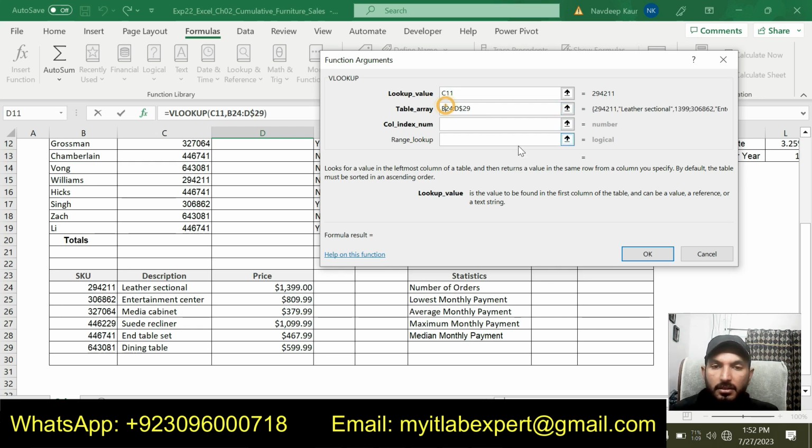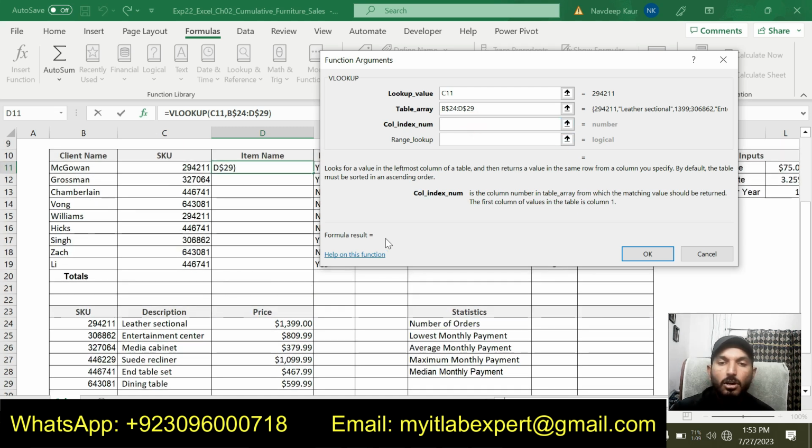Column index will be 2 because in the table array the item name is the second column. So I will simply type 2 here, and it should be an exact match. So I will type false here.